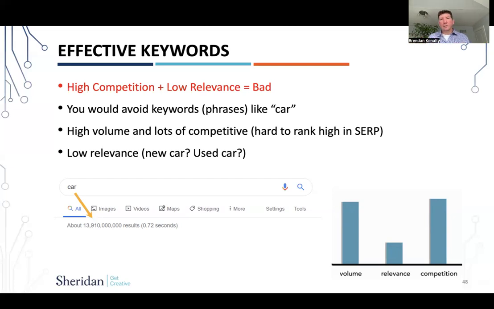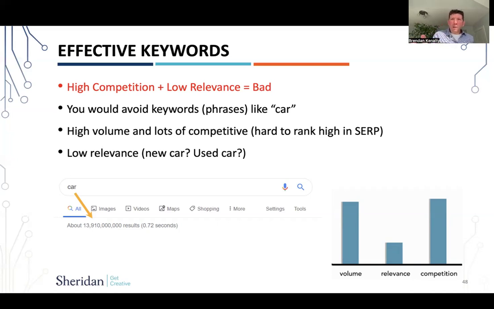Say we're a car dealer in Mississauga. We're a Toyota dealer in Mississauga. Well, we don't really care if people are searching for car. It's not specific enough for us. There's a lot of competition for that, and we don't even know what they want. So us trying to get into the car stream doesn't really help us. We want to know if someone searches a Toyota dealer or best car dealer in Mississauga, then we want to pop up, right? We don't really care about a general car thing.